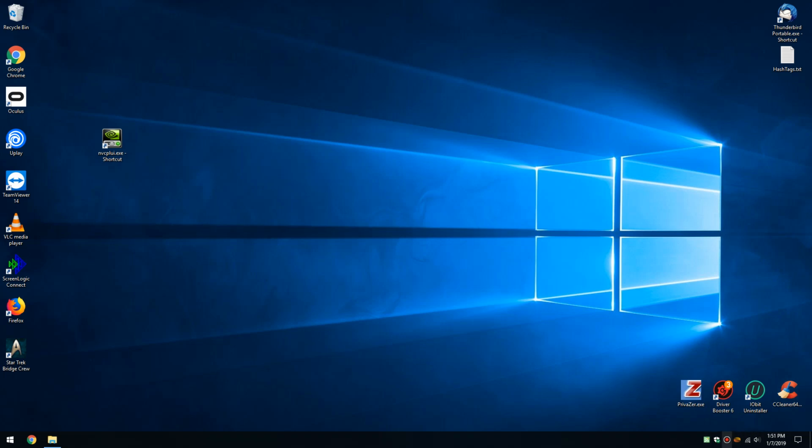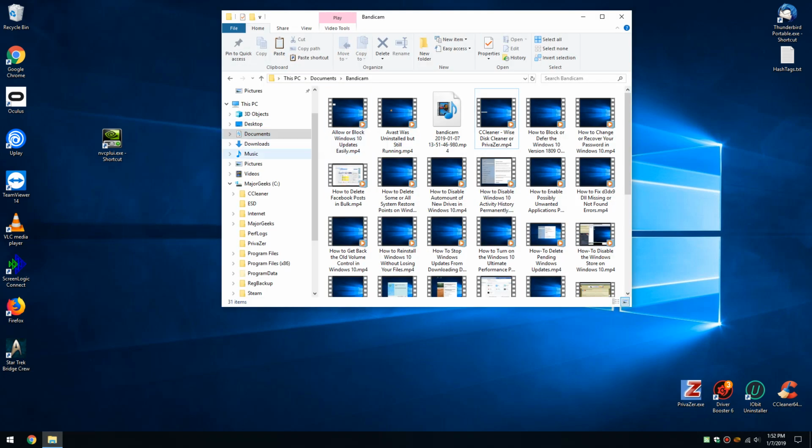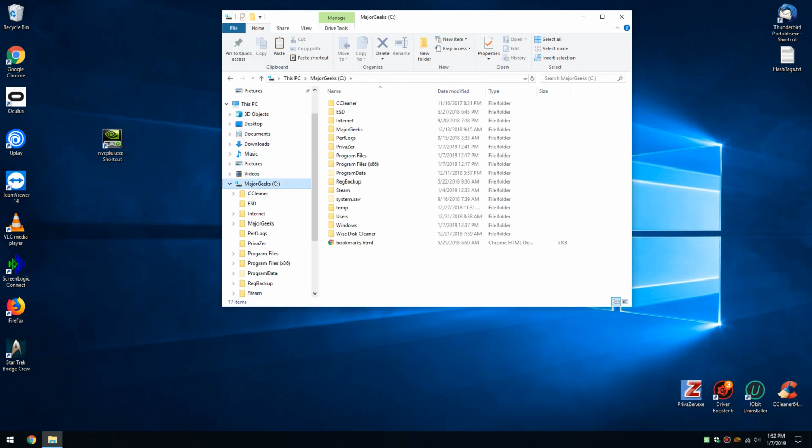Today we're going to try and find your lost NVIDIA control panel. Typically you have it down here in the tray, but if you're anything like me, you like to keep everything here limited, so you don't have a lot of junk down here in the tray, and that's what I do. So there's a couple ways you can do this. Some of you will find it in your control panel. It's a little more difficult in Windows 10, so what I like to do, and there's reasons for this, is